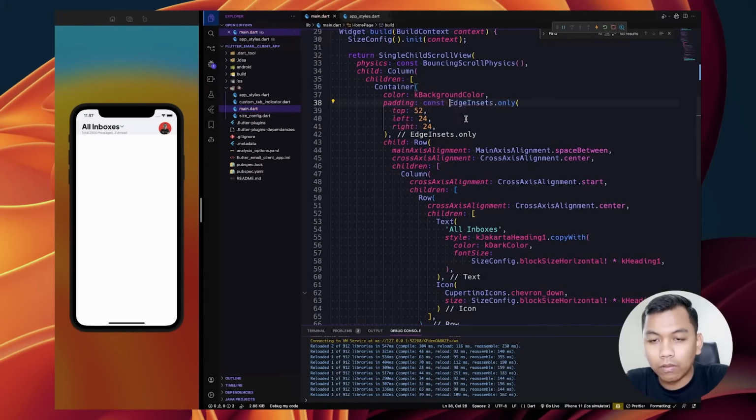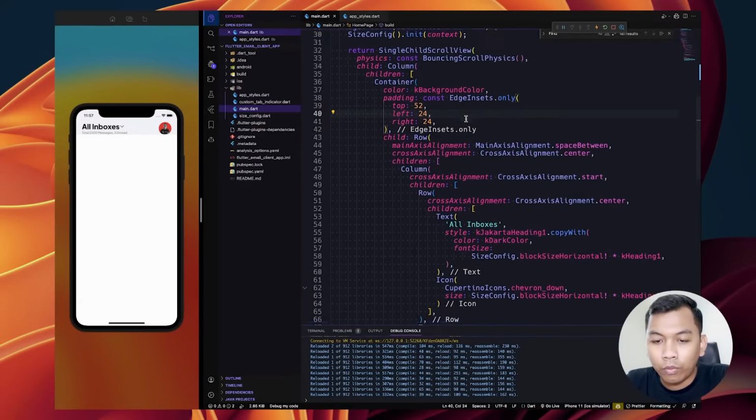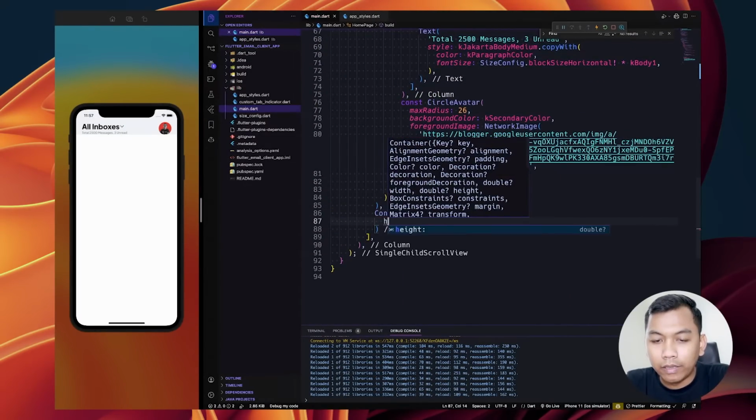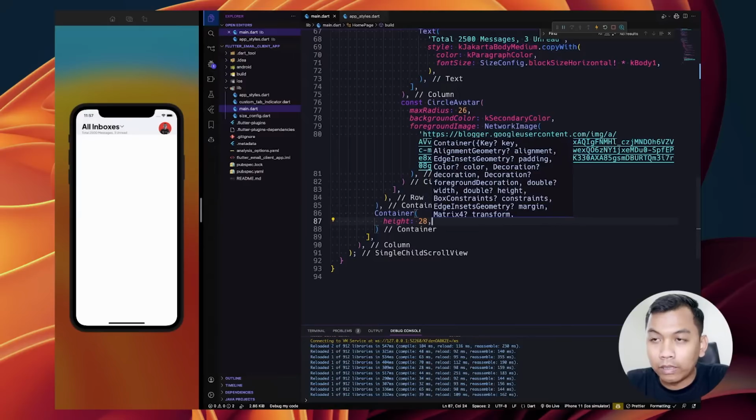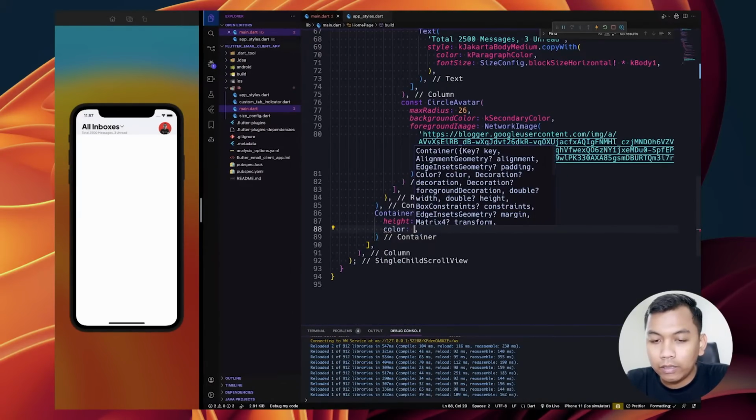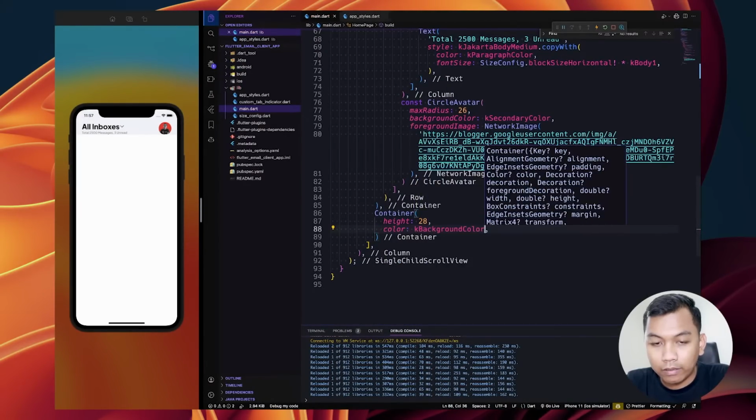So below our container, we will have another container, and for the height set it to 28. For the color, set it to K background color.